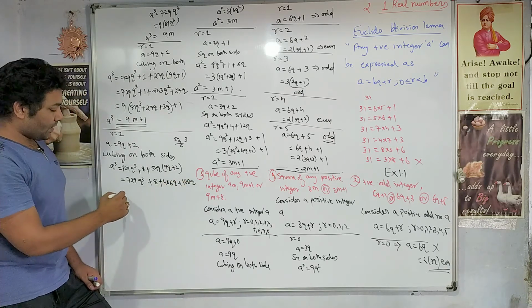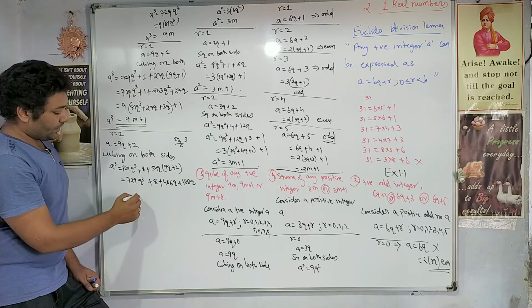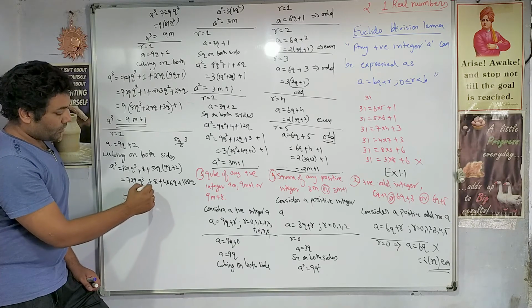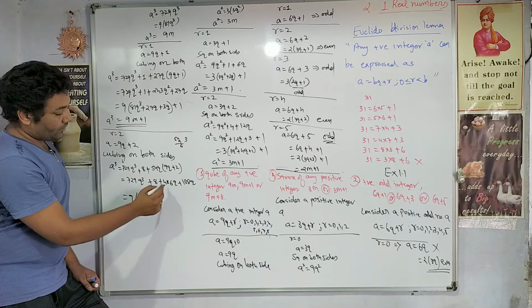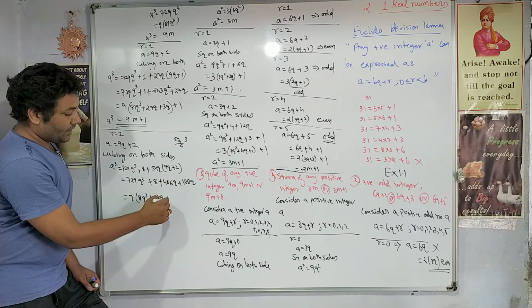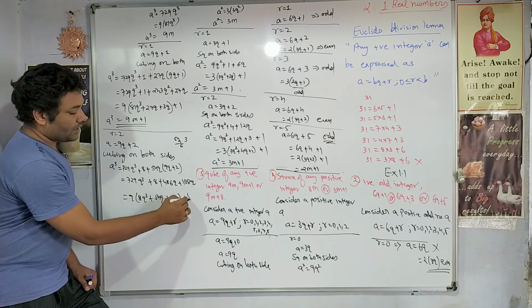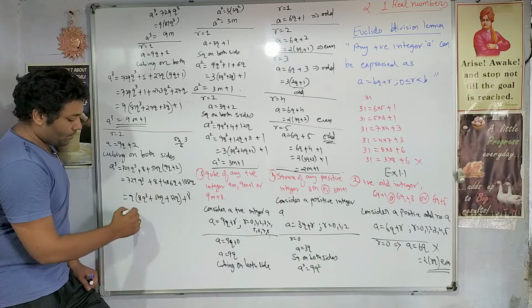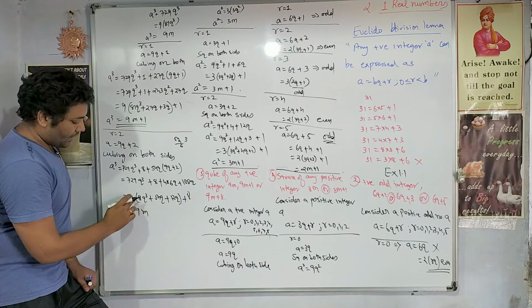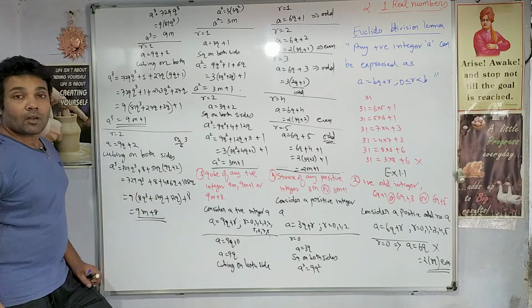108 q. Again if I solve, taking out 9 common, what will remain here? 81 q cube, this I will write at last. Here if I take 9 common, it will give me 54 q, and here if I take 9 common, it will give me 12 q plus this 8. This is again some number m, so 9m plus 8. See, third format also I got.